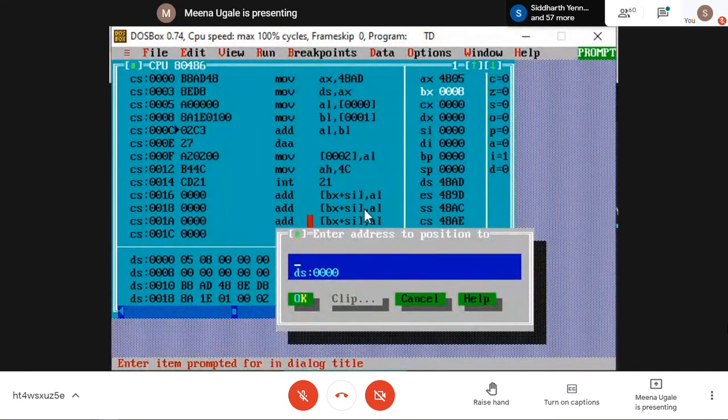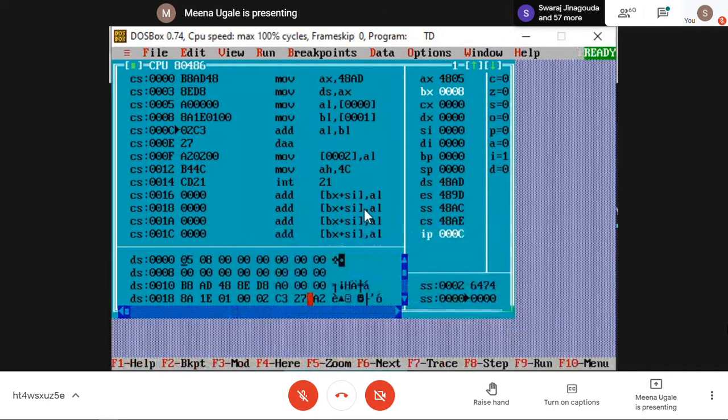So I want to check my content. It is in the data segment, so I'm writing DS:0000. Why am I writing 0000? Because in the program I can see 00 is the location for my N1 operand. So I'm writing that and pressing OK. So here you can see on my screen, I'm getting it.